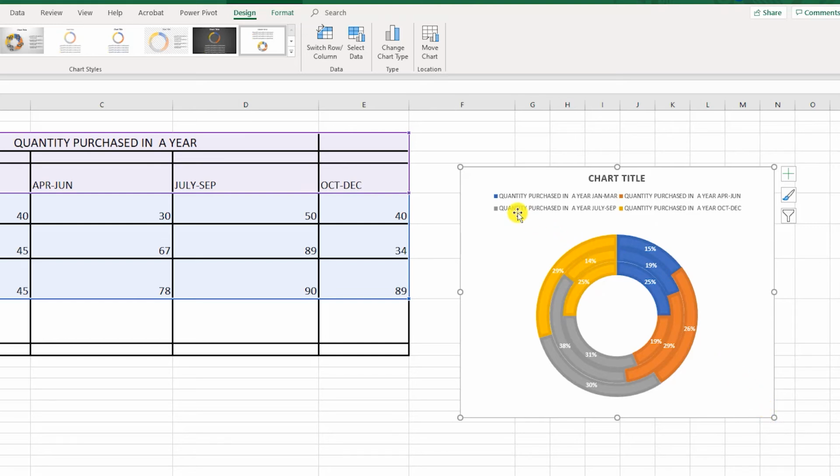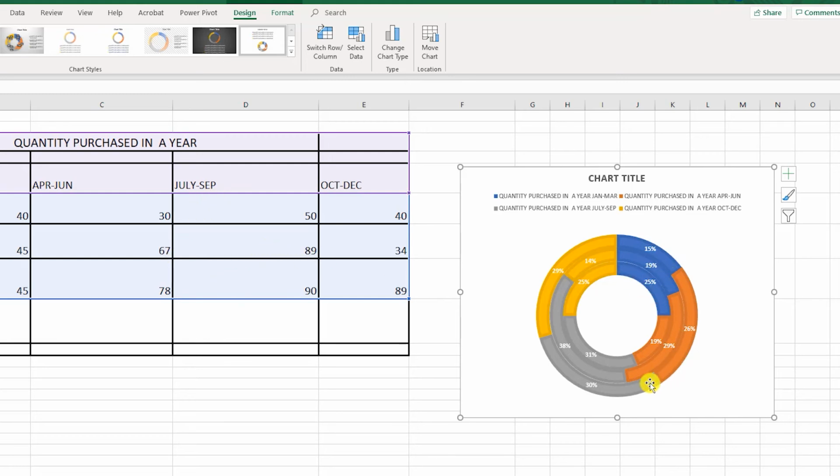Now here the legend says that the blue color represents quantity purchased from January to March. Now when I point to them, this is for flowers, January to March. Now this is for trees. This is purchased from January to March. Now you'll say this is 45 mentioned in the table, but here it appears to be a smaller blue. Why? Because as compared to the rest, throughout the year this is 45, but in April to June it was 67 and July to September it is 89.